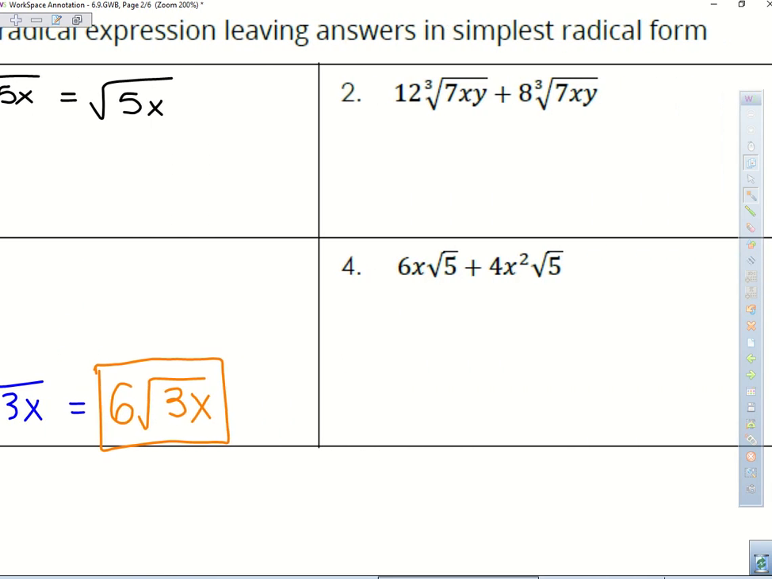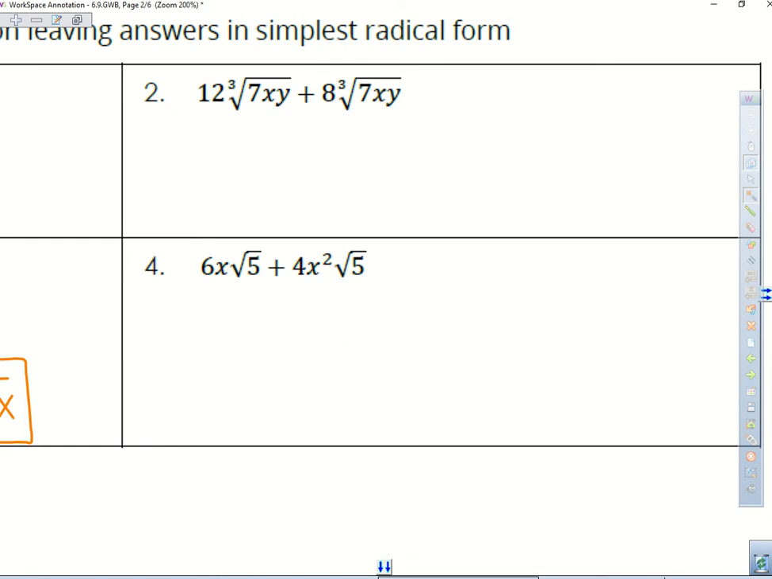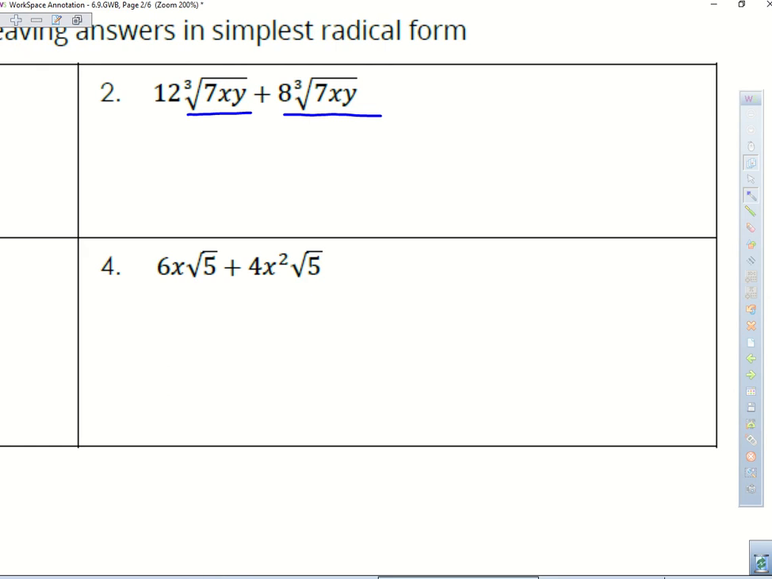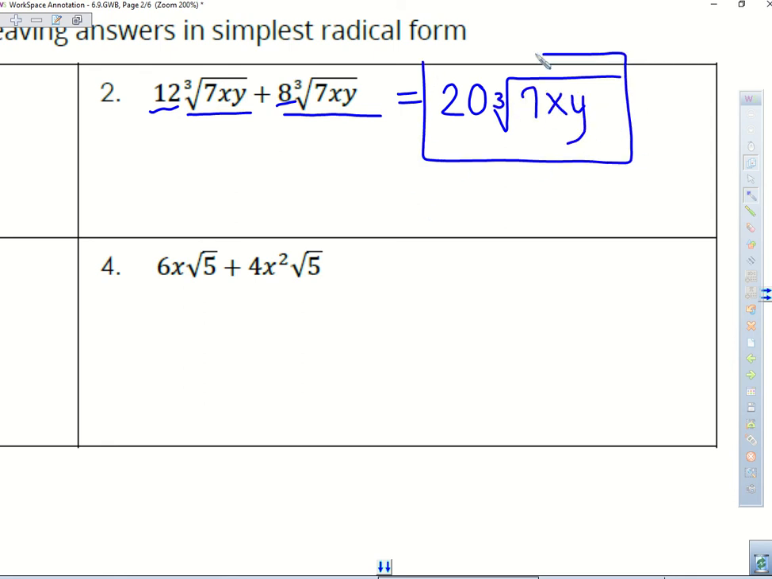Now we're going to go ahead and do number 2. What do you notice about both of these radicals here? They're cube roots, good. So, is there any variable outside the radical here? No, so we're just going to combine like terms. So 12 plus 8 is 20. And then this one,